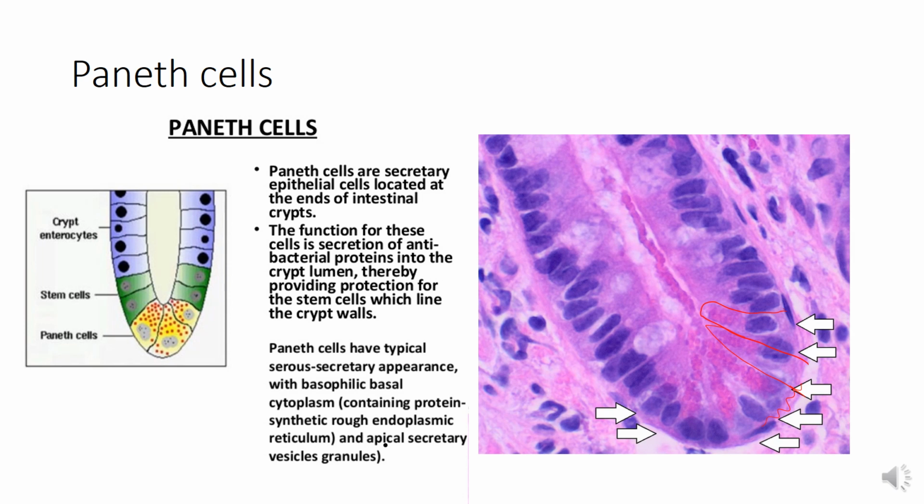Digestive proteins called defensins, and zinc, and an arginine rich protein which is responsible for the intense acidophilia of the granules. So you can see these granules are appearing acidophilic in the apical part of the cells. So they contain the bactericidal agent, that is the lysozyme, defensins, zinc, and arginine rich protein. The secretory product of Paneth cells has the ability to kill certain bacteria and protozoa, and therefore these cells play an important role in regulating the gut microbiota.